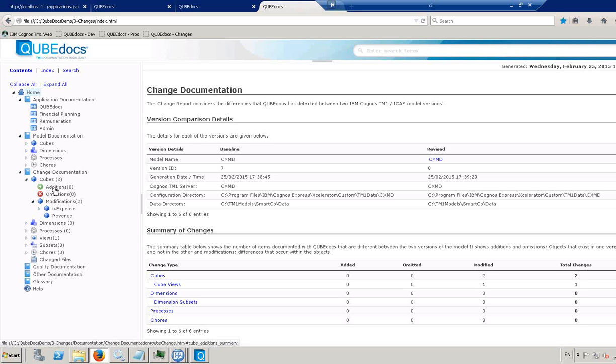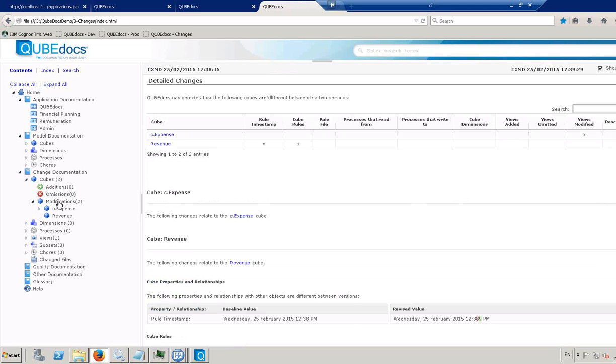So additions would be new cubes that exist but are revised, but did not exist in the baseline, and omissions are the reverse. So maybe they exist in production, but they can be deprecated. This helps us with the cleanup effort as well, not just troubleshooting. So here, when I look at modifications, there's 2 cubes that appear to be modified, and lo